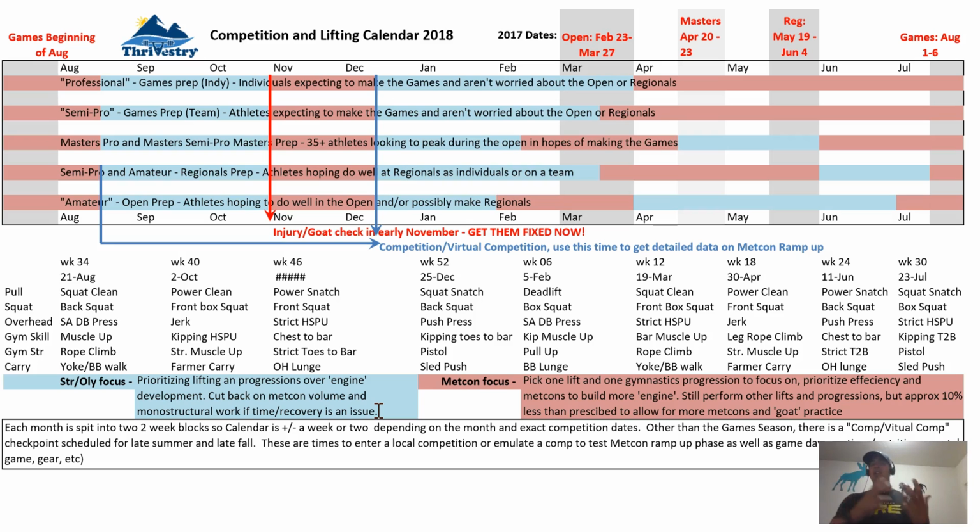So that's when we're doing this strength or OLE focus, if you will. Like I said, it's really not a huge focus. It's more of just a slight shift in where the extra flexible time we have goes toward that goal. Now the Metcon focus, we're gonna still be lifting and doing progressions